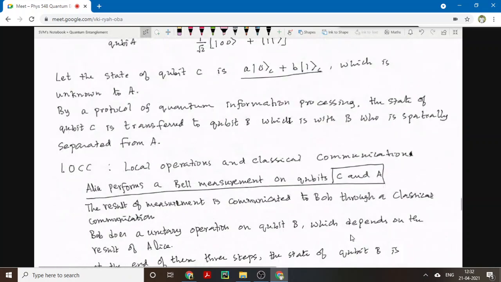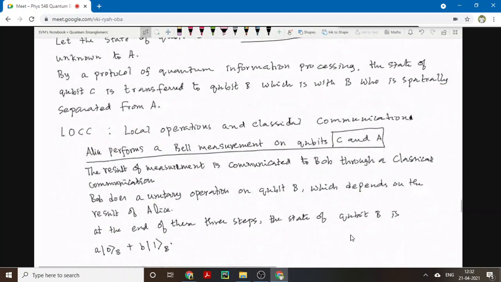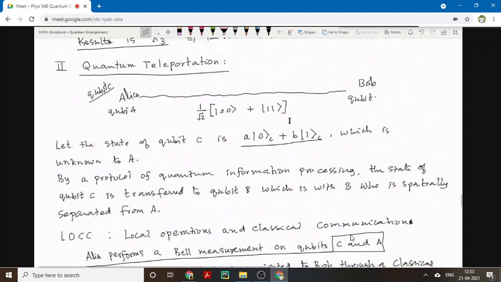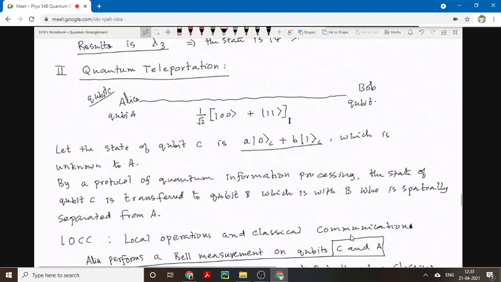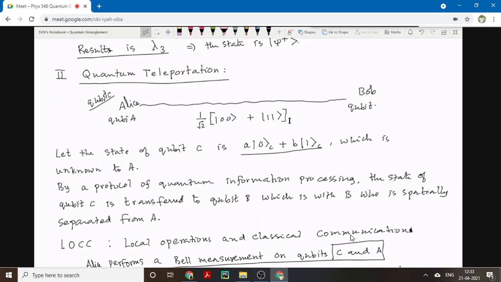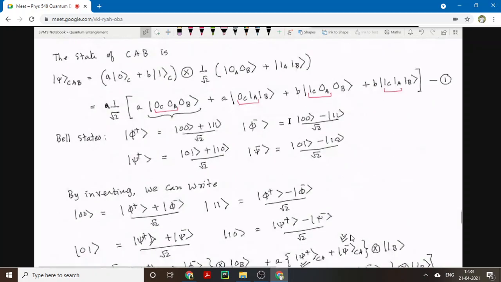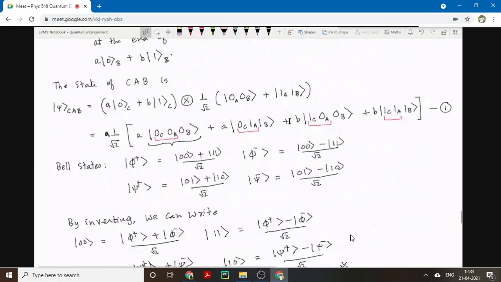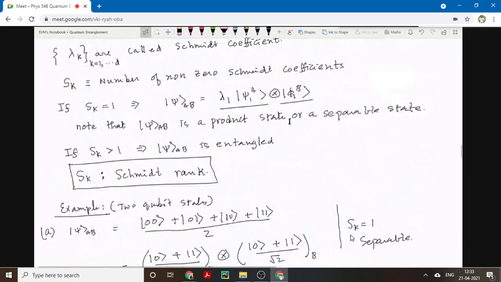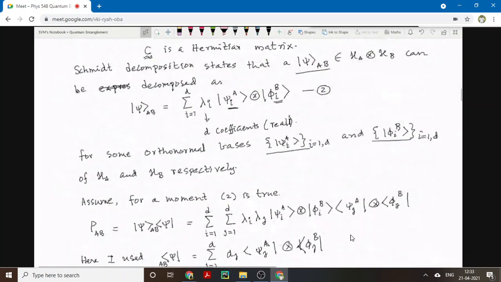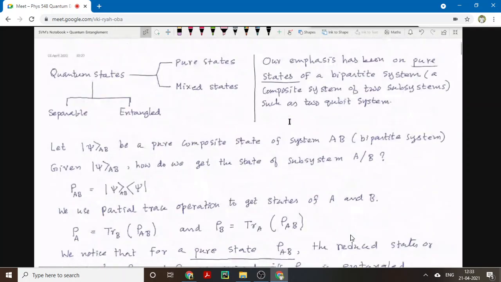I get confused. It's not that I'm unable to do it mathematically, but when I try to understand it, I get a little confused. What is the fundamental difference between an entangled state and a mixed state? I get confused when I use these two terms. I want a fundamental difference. I am fine with the mathematical operations, but what is the fundamental difference between a mixed state and an entangled state?